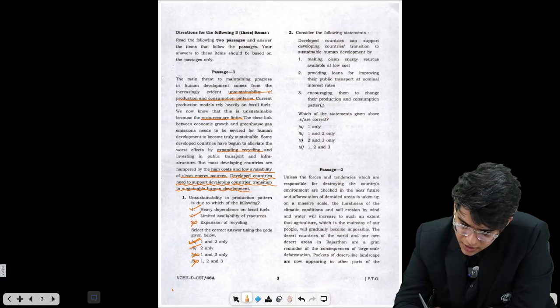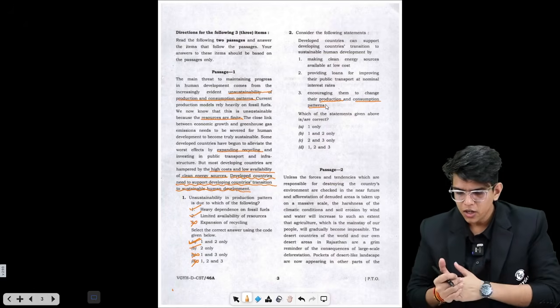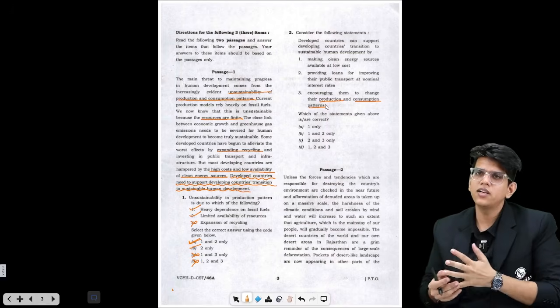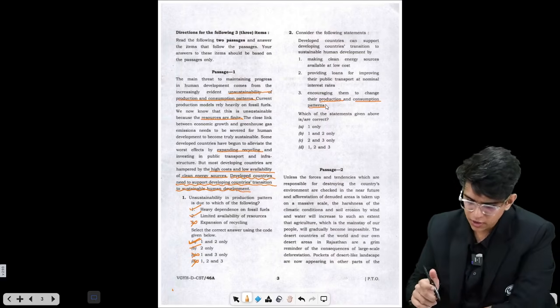Now, production and consumption pattern change करने का there is no talk, है ना? They haven't talked about changing the production and consumption pattern, and encouragement is not at all discussed कि encourage करना चाहिए. So we can't choose such an option. So 3 तो